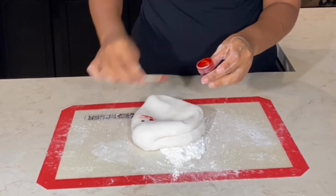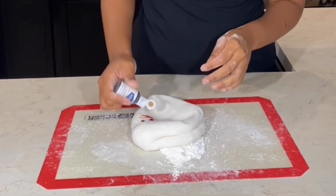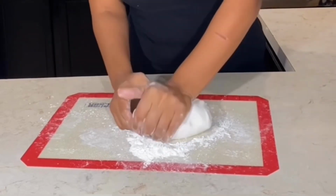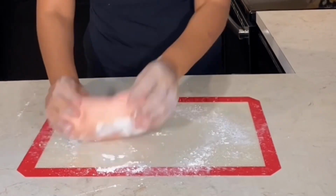So here I am adding my colors. I did orange, red, and brown. And these colors made up that terracotta color, which is like the flower pot color. So you want to knead that into the fondant, and also add more powdered sugar if you need to,